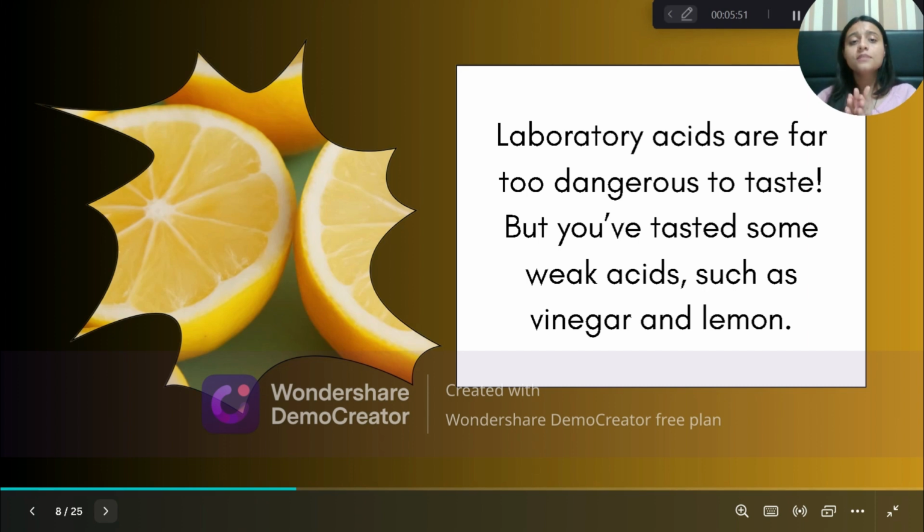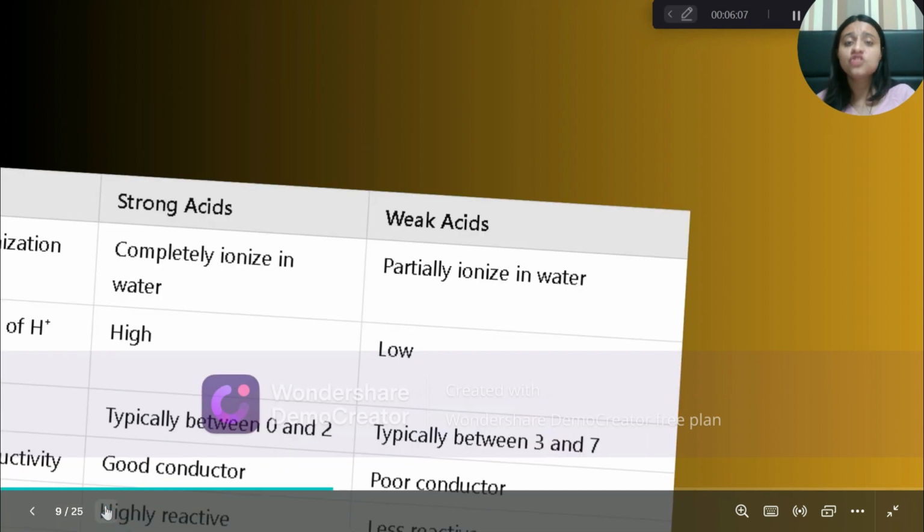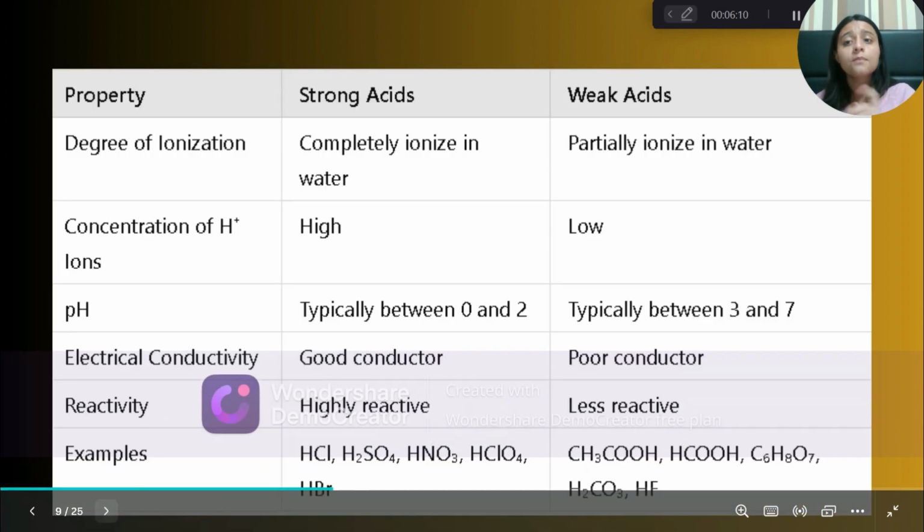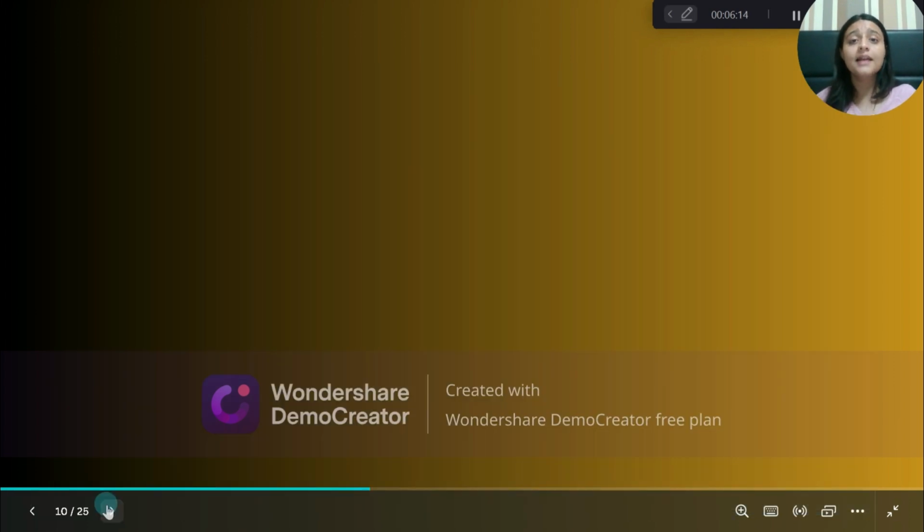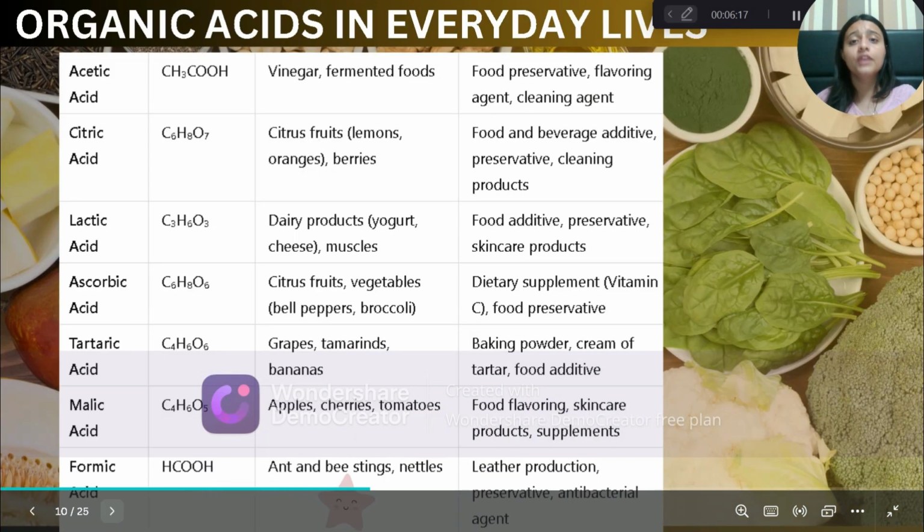These are the list of some strong acids and weak acids on your screen. Some major and common organic acids that you must learn are malic acid, which is present in apples and cherries; citric acid, which is majorly present in citrus fruits like lemons, oranges, and berries; acetic acid, which is present in vinegar or fermented foods; tartaric acid, which is present in grapes, turmeric, and bananas;